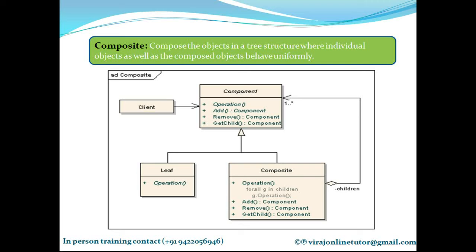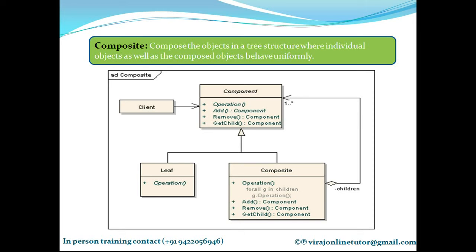Because this add is adding a component. Now what can go into category component? Simple leaf objects can also go into component category, and composite objects can also go into component category. So this list that we have created can be made up of leaf objects and composite objects both. That's why you need to have this operation function defined in the leaf and also in composite. The only difference is composite is made up of other small objects. So I need to invoke operation function for each of those objects which composite object is made up of.